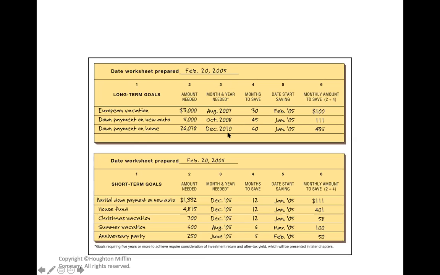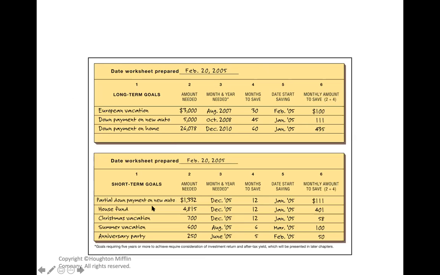Also for the house, this is even longer, 60 months, which is 5 years, right? 5 years. Then it needs to be wisely saved. $435, that's quite a lot of money. But because for the house, she needs even more money, $26,000. So to make sure that all these long-term dreams can be realized in 3 or 5 years, you have to plan it wisely, like this person.